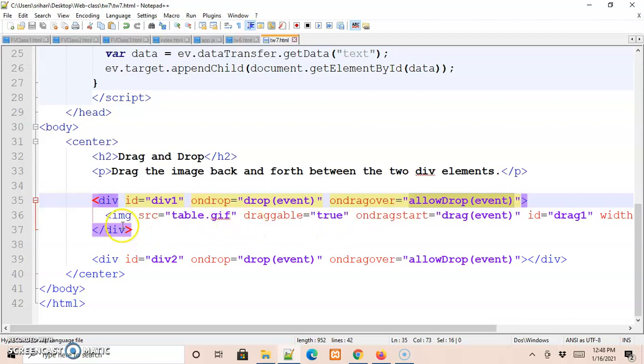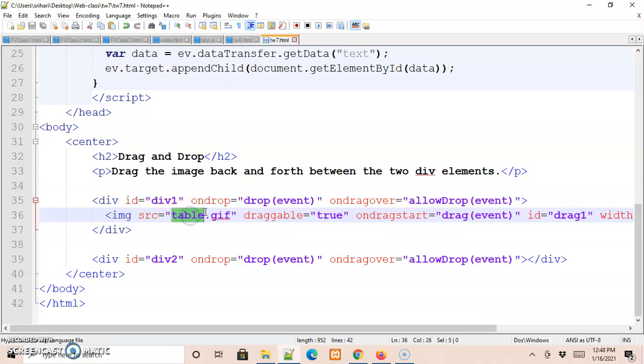In this division, I have an image with the img tag and some source. I have given a GIF image, and I am setting the draggable attribute equal to true, which indicates that this HTML element can be dragged. This is an HTML5 attribute which allows you to drag the element.